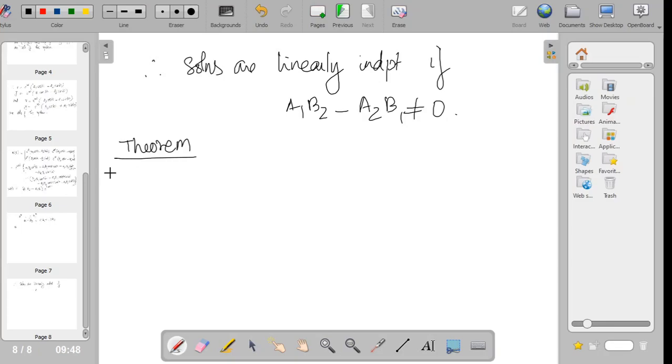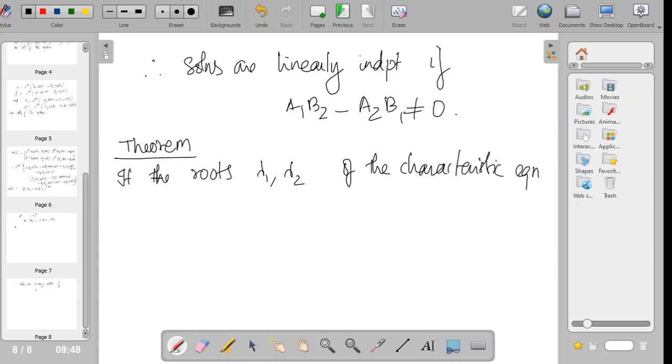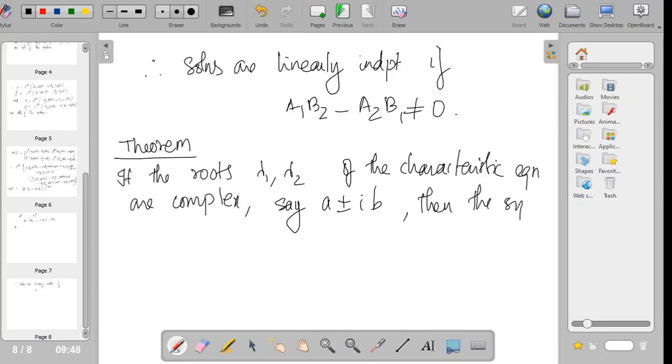So if the roots lambda 1, lambda 2 of the characteristic equation are complex, say a plus or minus i b, then the system has two real linearly independent solutions of the form